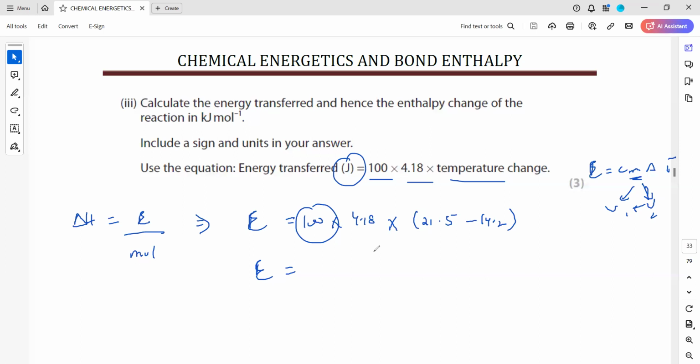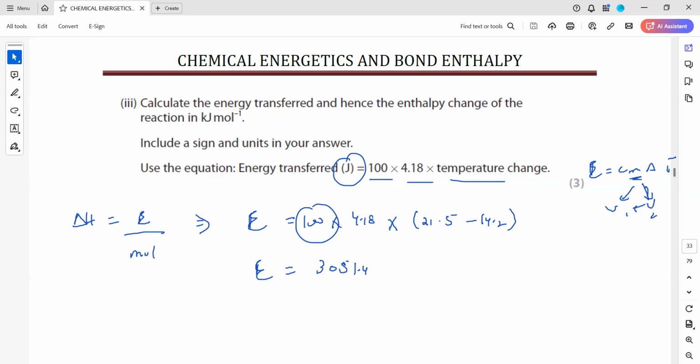But if one of them is a solution, like here hydrochloric acid, and another one is a solid, in that case you won't take the total mass, you will just take the volume of the solution. The volume of the solution will be the same as the mass of the solution. Don't add the mass of the solid in that. So we get this one, 3000 and